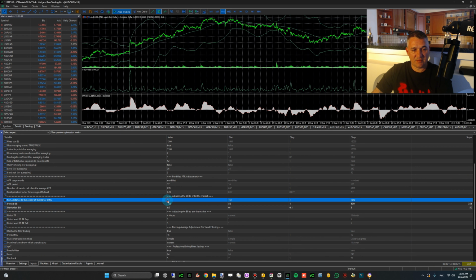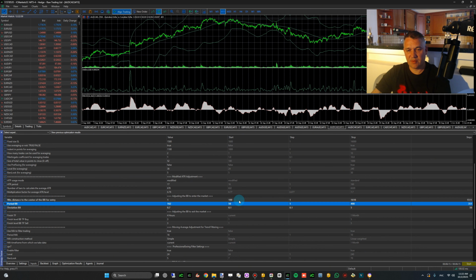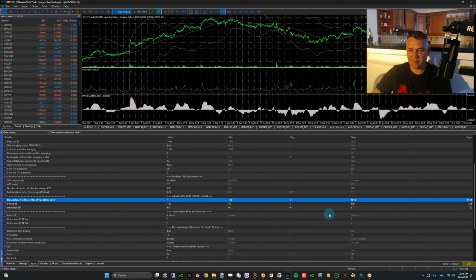And the minimum distance of the current price from the central Bollinger Band line at the moment of entering a trade is also a crucial parameter we consider, so that we do not enter a trade for a price reversal that is too close to the channel's boundaries. This helps to ensure more robust and reliable trading decisions. For example, I set the initial value to 100 points with an incremental step of 1 unit. I then allowed the maximum value to extend all the way up to 1000. Consequently, through this range and incrementation, we are presented with a total of 901 distinct options